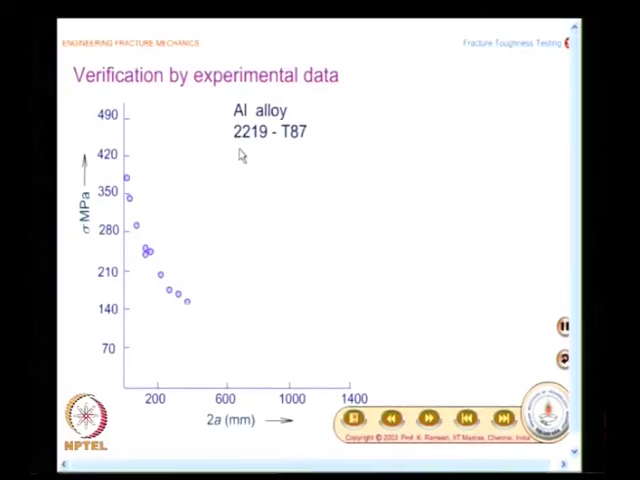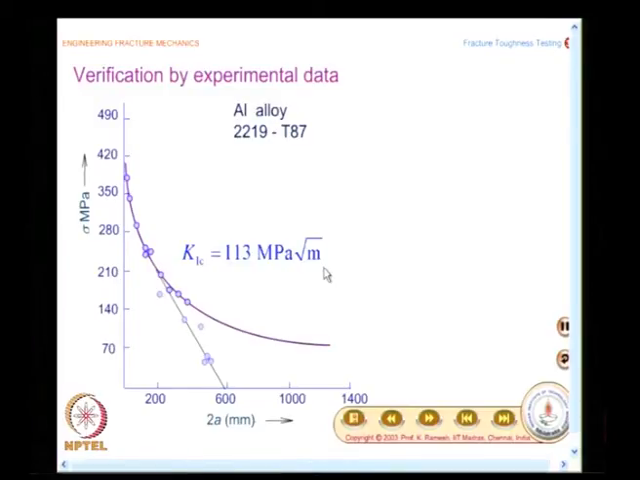and I have a result for aluminum alloy 2219, and I think you draw the x axis, this gives the crack length, and you have the stress levels on the y axis. These points are drawn, and you have a line passing through that. The K1C for this alloy is 113 MPa root meter,